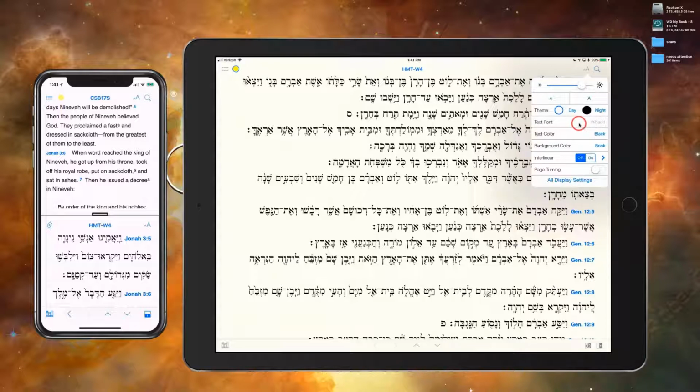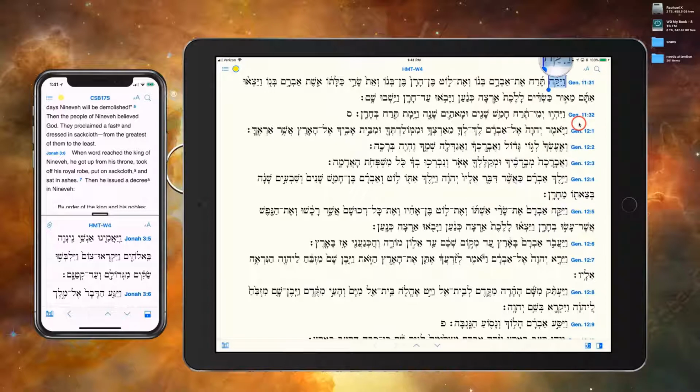This is using our internal font, but it has to do with what iOS will let you do, because there are certain internal fonts that are there. This is even a greater challenge in Android, which has much fewer choices for fonts. So we do have built within the app our Accordance fonts, including Yehudit. But the great part of this is, if I were to come here and select